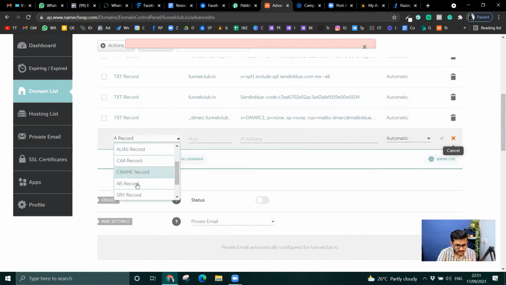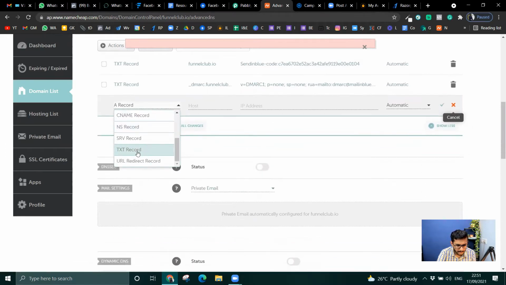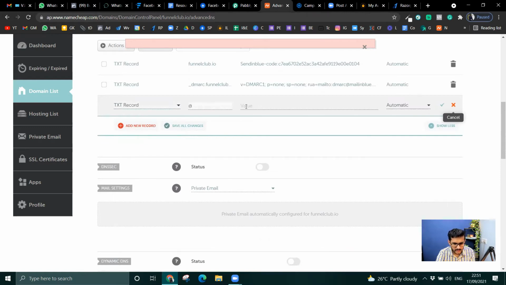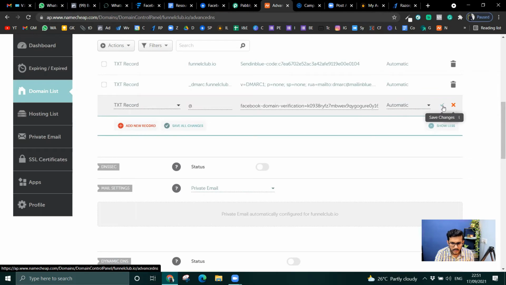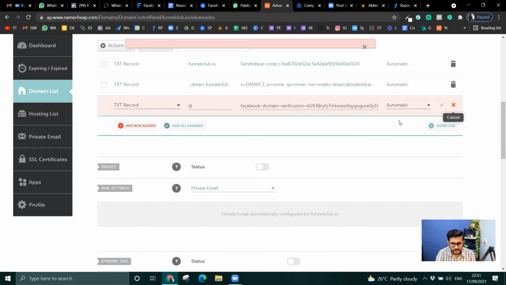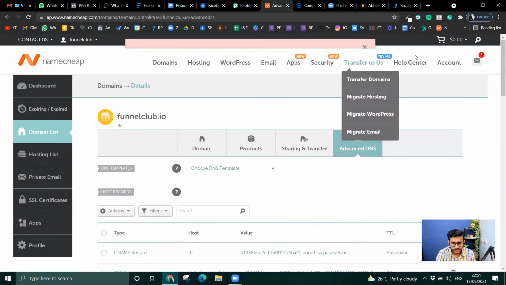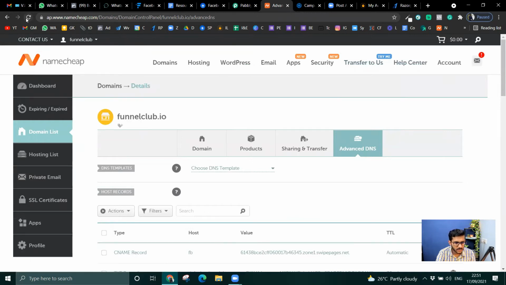Add a new record, TXT record, host is at, and the value is this. Domain verification key. Okay, I think they just want me to log in back.